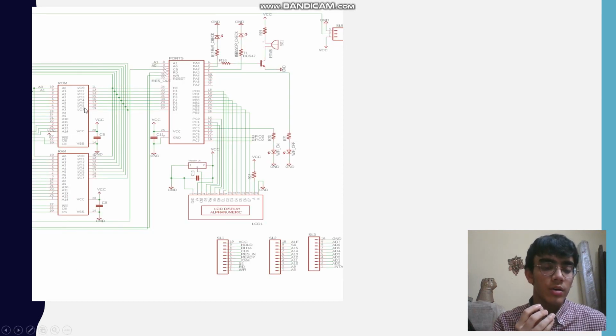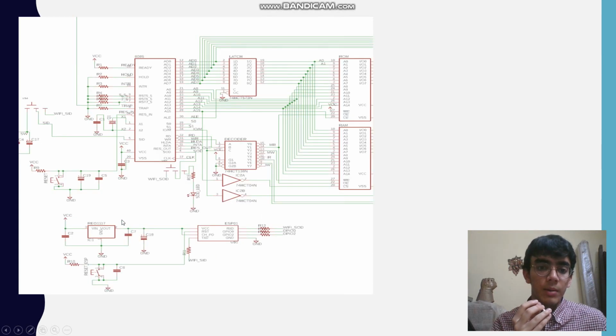Moving on, we already discussed the two memory elements, and then I'll be talking about the 8255 input-output interfacing device. So this has the A0 and A1 ports connected to the demultiplexed address lines A0 and A1 from the octal D latch. And the chip select of this 8255 is majorly coming from the IO/M bar line of the 8085.